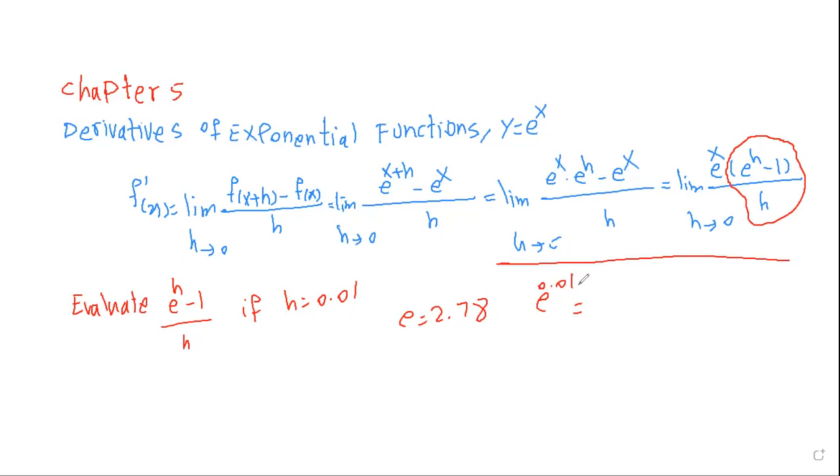e to power 0.01 is 1.01. Okay, now put it here. 1.01 minus 1 over 0.01. This is 0.01 over 0.01. What is this? 1. Yeah. This ratio is equal to 1. Then as a result,